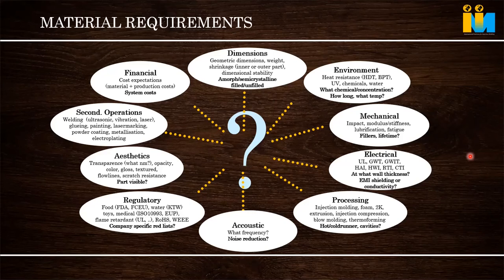Blow molding, we cannot use a material with very, very high MFI that flows like water, as in injection molding. So we have to use a higher molecular weight, low flow, thick, viscous material for thermoforming. Then hot runner, cold runner. Some materials cannot be used in a hot runner because they get clogged up very easily. Like if you are putting PPS and glass, again it's difficult. So hot runner selection is also very vital. If you are using PEEK or filled PEEK with a hot runner, then we have to do a proper selection of hot runner, not the common one we use for PP. So all these things we also have to take care of.